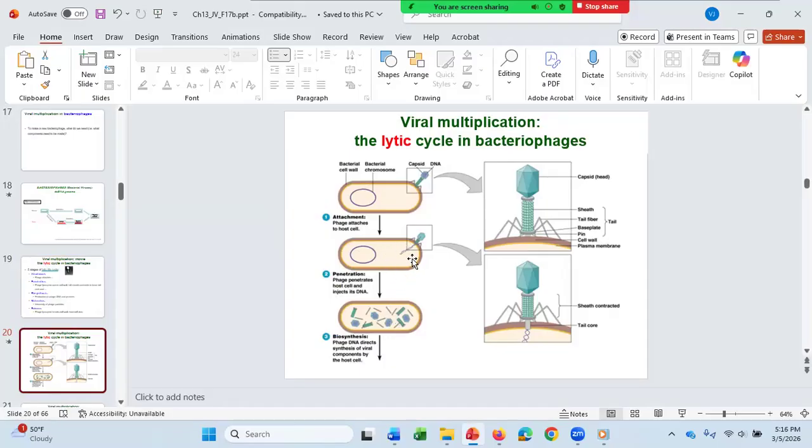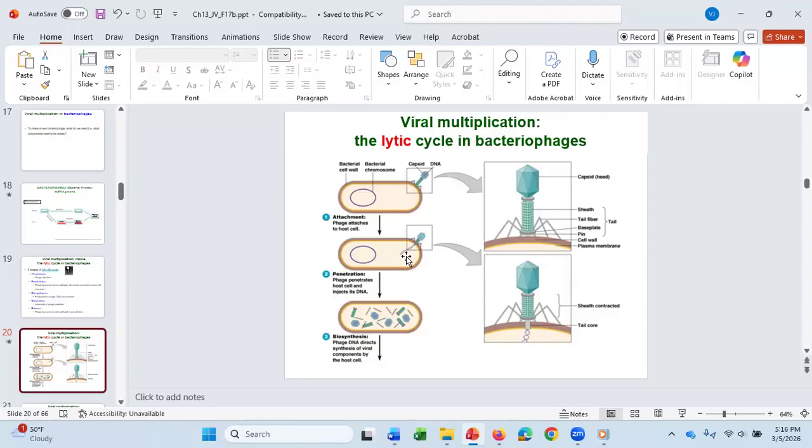Now, obviously, if you're replicating another genome, like single-strand DNA or RNA, it's going to be a little different, but we'll talk about that later. We're not going to talk about it here. But my point is the biosynthesis happens, and that's how the genome will get replicated, and then the genome will be transcribed. And mostly what those genes will do is they will encode for the proteins of the